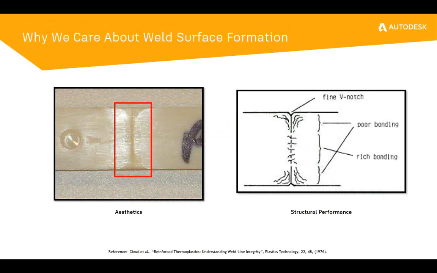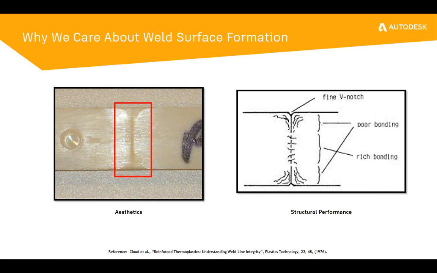Now, why do we necessarily care about weld surface formation? Again, there's the aesthetic aspect. There's the surface weld line formation that can result in some nasty visual defects on the surface of our part. But for the purpose of this presentation, I think it's important to focus on how much the structural performance of our part can vary. So in the picture on the right-hand side, you see an example of a fiber-filled material